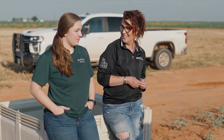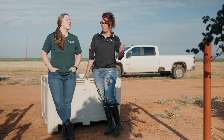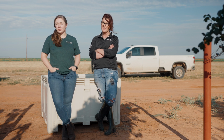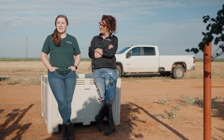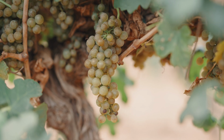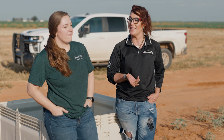Yeah, so this is our first harvest in Texas. What grape do you get from us? We are getting, exciting, Roussanne. We've actually never made Roussanne before, and we're really excited about it. We decided we wanted different grapes from Texas than what we've made in Paso. I do have a love affair with the Rhone white varietals, so Roussanne was a very easy choice to make. So we had a mutual friend connect us, Amy